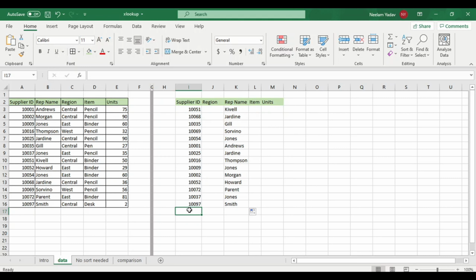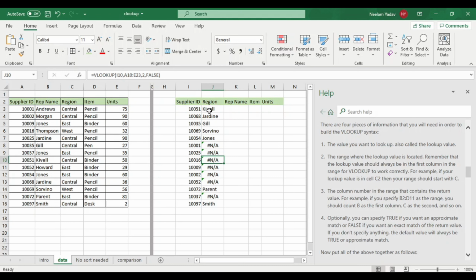But say if some supplier ID's information is not available, say if I give 1055, so this value is not available, but now it gives error. Now I know that this value is not available, but what if I don't know about it and there is a ton of data and we are searching for it? So this is confusing at times, whether the data is not available or there is some other error that we are making. This thing is also rectified in XLOOKUP. We'll see that further in the video.